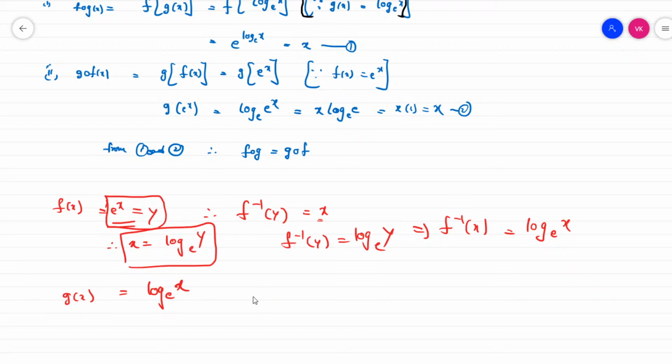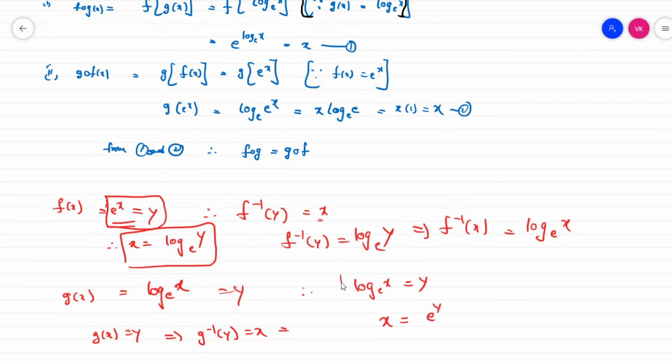log e base x, let's consider as y. Here we can write log e base x is equal to y. Then we have to find x, and we get x is equal to e power of y. Then if g of x is equal to y, which implies g inverse of y is equal to x,